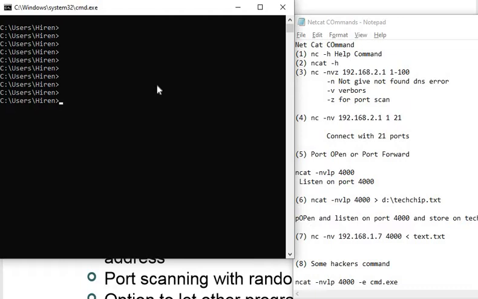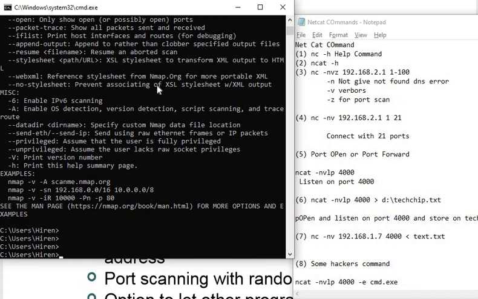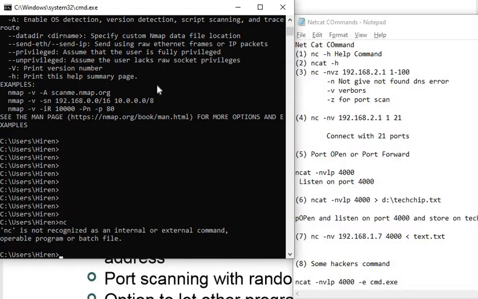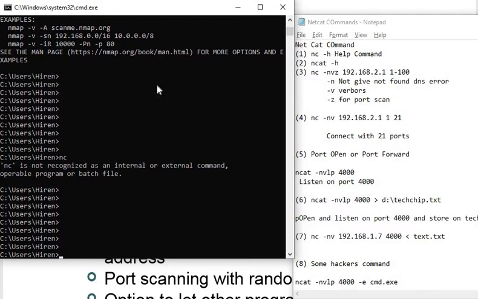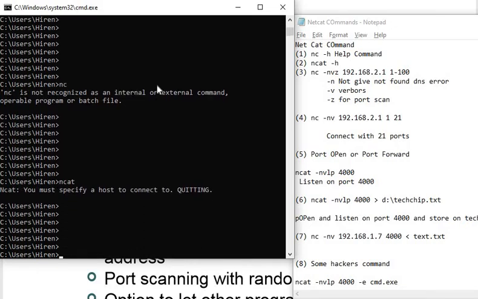Before we work on the IP, we have to check our local IP. First we need to check whether nmap is installed or not, because netcat is a utility of nmap. You are not getting an error, so nmap is installed. And see here, nc will not work because in the latest version we are using ncat.